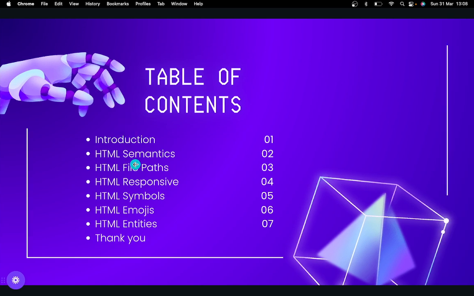Then another key part is about HTML responsive. Under HTML responsive,